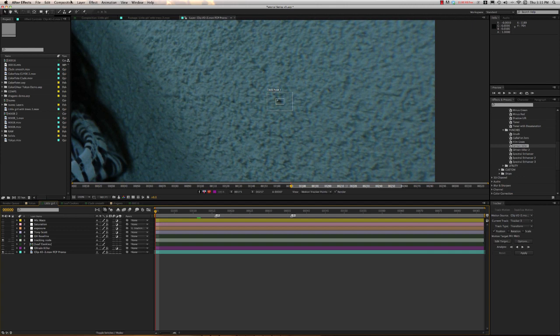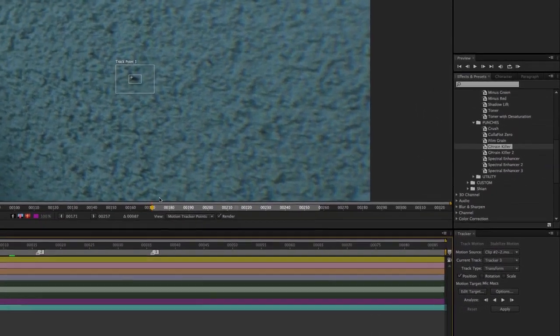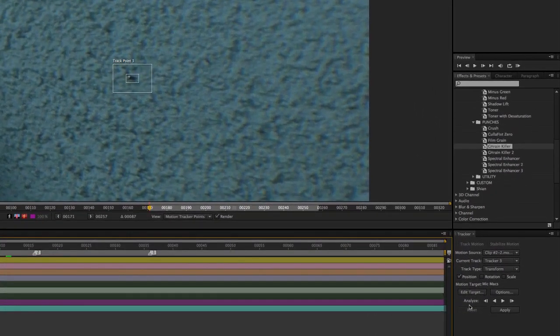In another tutorial we talked about saying trim comp to work area. Okay, so it's going to track just my work area. And the way I do that is I go down here. I'm just going to track position. I'm not going to track rotation or scale because it doesn't really move, it doesn't really scale or rotate. And then I'm going to click the play or analyze forward button, and it's going to just